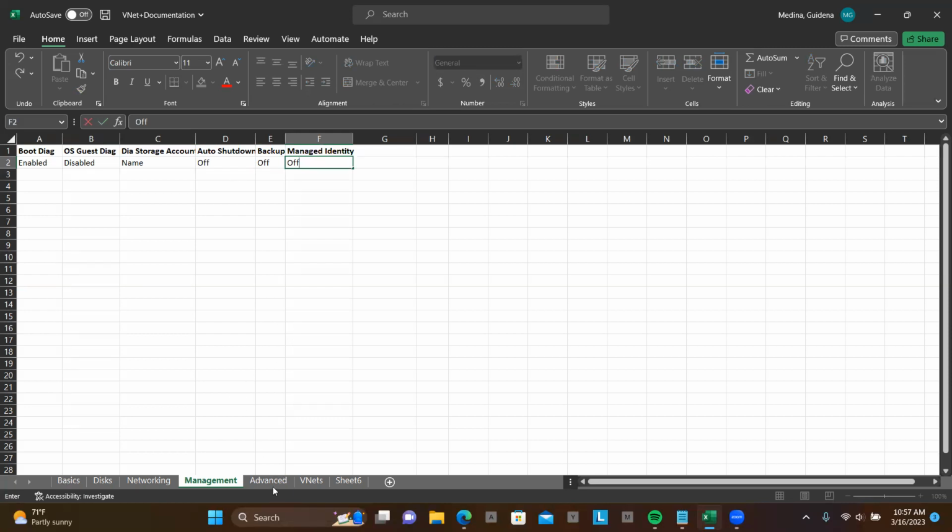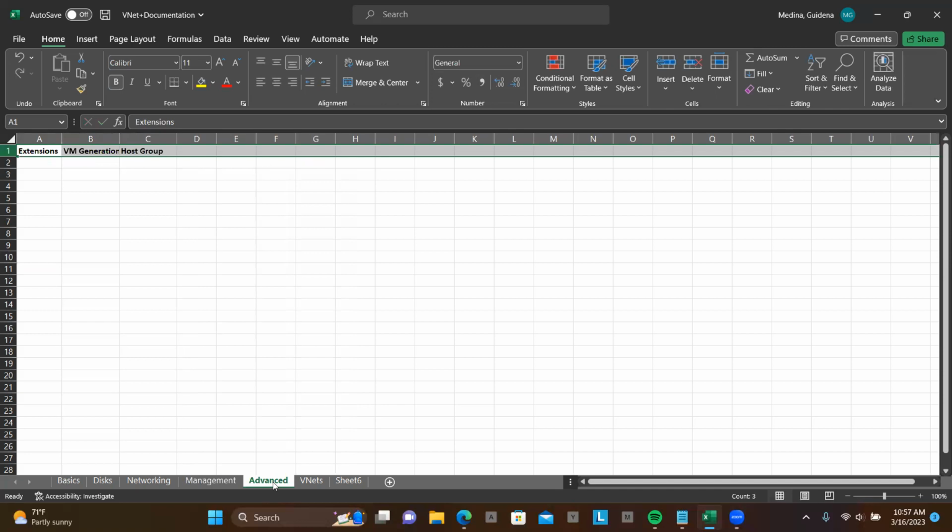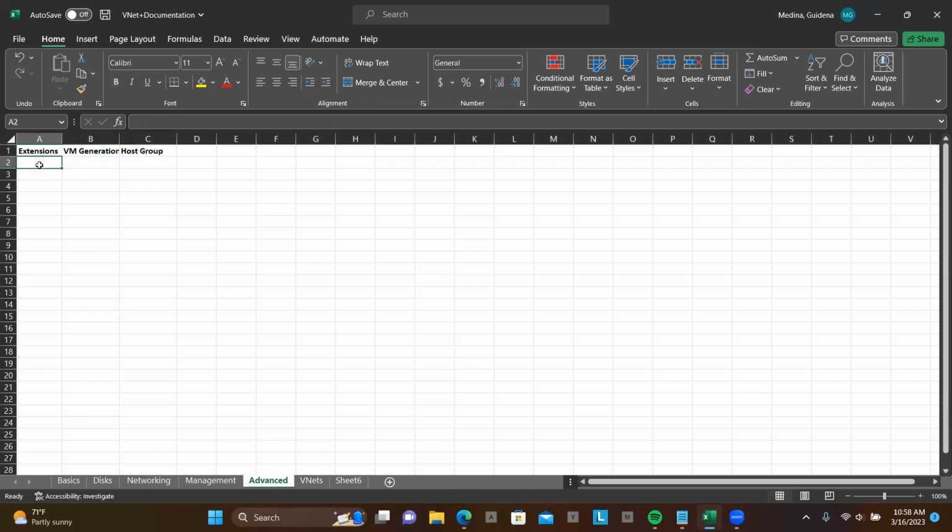Now in advanced here, let's say on the virtual machine, first of all, on the extension here, do you have any extensions that are loaded? If so, then the name of the extension. So say name,